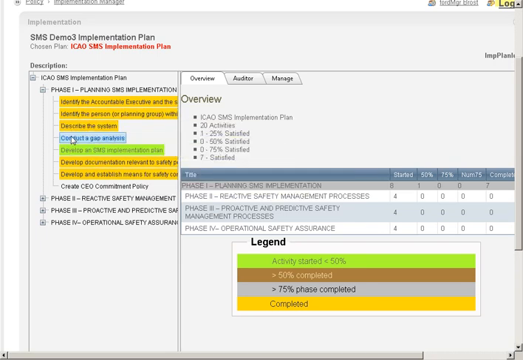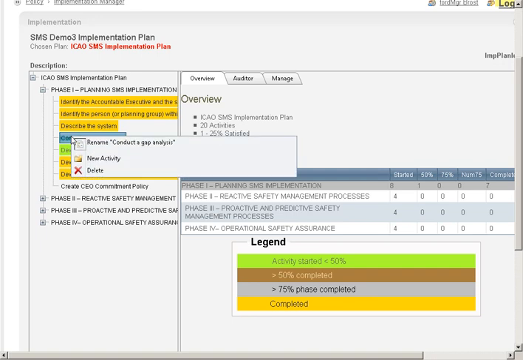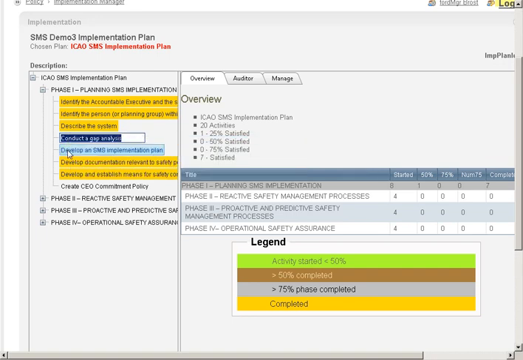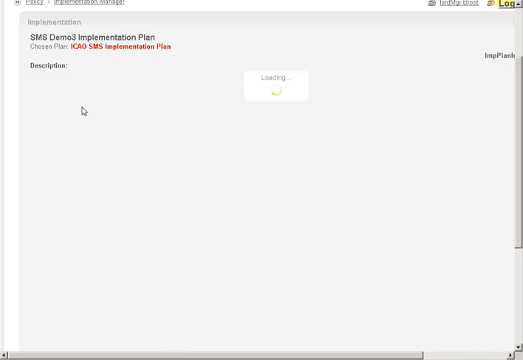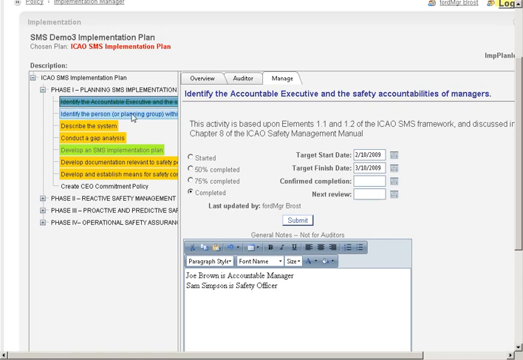One of the nice things about this implementation plan, I can add items, I can delete them, I can reorder them. I can rename that right now, but I'm not going to. It has to refresh because it thought I was renaming it. I can put in my documentation on this implementation step over on the right. If I have an auditor,